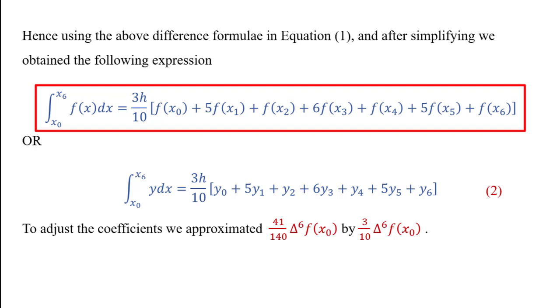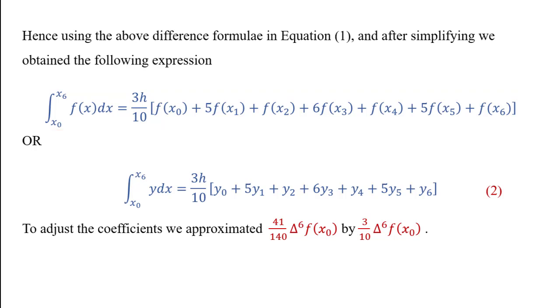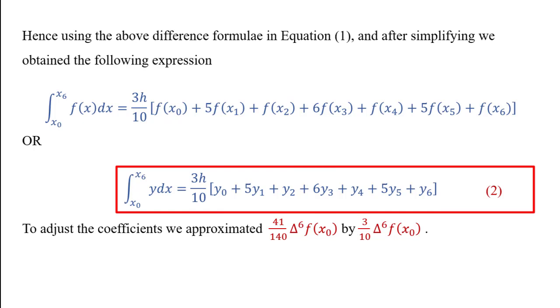In short form you can write it as 3h/10 [y0 + 5y1 + y2 + 6y3 + y4 + 5y5 + y6], where to get this symmetric form of Wedel's formula we replace